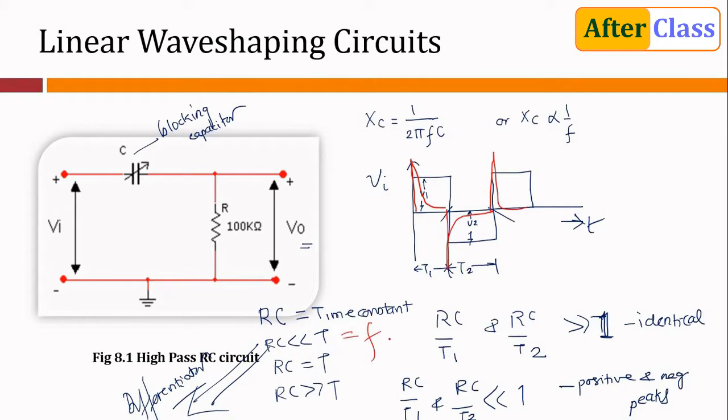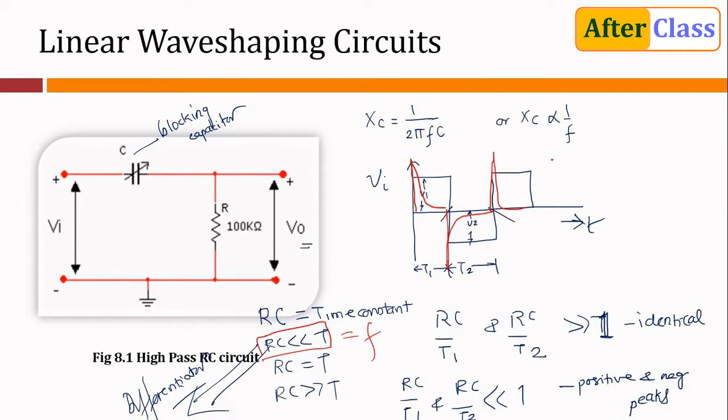So the output voltage across R will be a derivative of the input voltage. It is important to note that merely an RC circuit will not provide the voltage across R as a derivative. If I simply connect any value of R and C, I am not going to get the derivative of the input signal. I have to satisfy this condition. What is the condition? RC should be very much less as compared to the time period T. So the time constant RC of the circuit should be much smaller than the time period of the input signal. If this condition is satisfied, only then I am going to get the spikes as an output. If it is reversed, then I am going to get an identical, similar output.